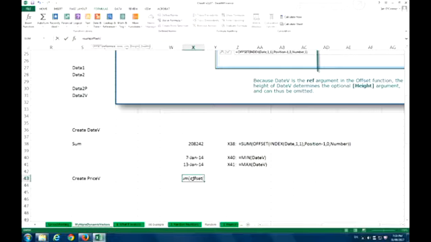So the reference here will be date V, because date V has the right area across the rows. So date V is my anchor. And because date V is a slice across the page, I don't need to move any rows up or down. So I anchor onto date V, my rows becomes 0,